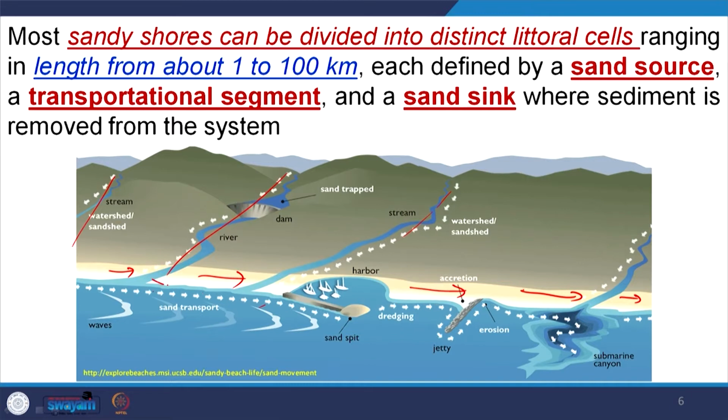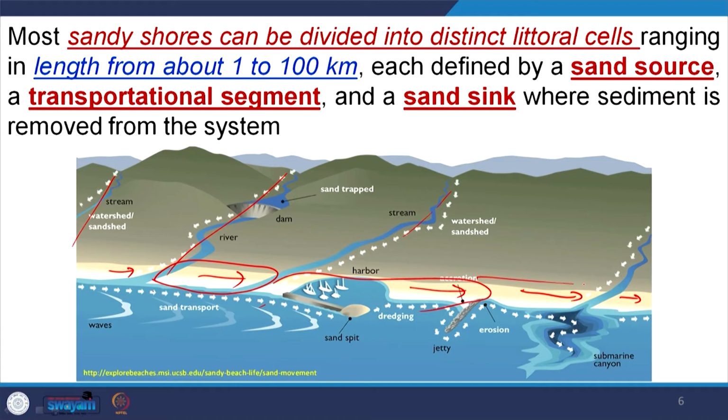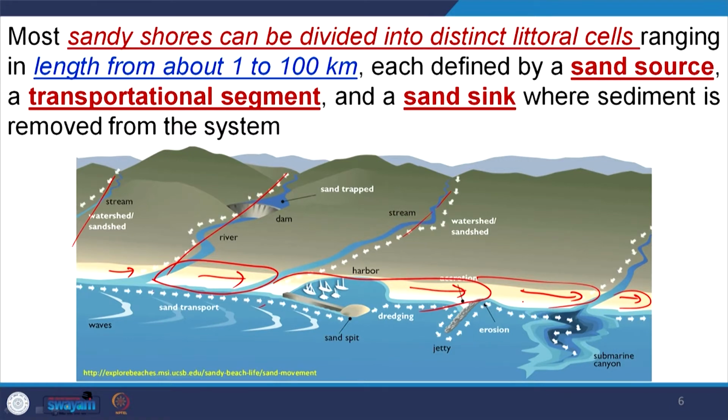Now, you see this is one separate sand sheet, this is another separate sand sheet, this is another separate sand sheet like this. That means within this sand sheet there are distinct domains. Distinct domains mean each has its own sand production house, the sand transports within that, and sand sinks there. So, where will they suffer?